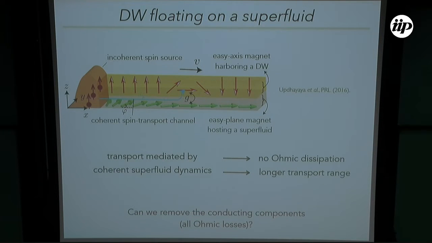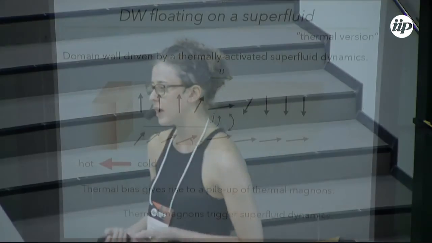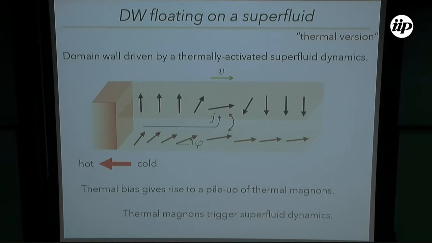But then our question was, can we move even a step forward and directly remove all the conducting components in the system? So remove altogether the ohmic losses. And theoretically, the answer is yes. We can remove the electronic medium and substitute it with a heat conductor and still have a system with the same functionality. So the idea is that if you put the heat conductor here at the interface with the bilayer,